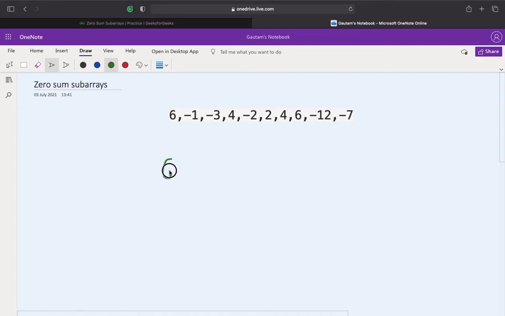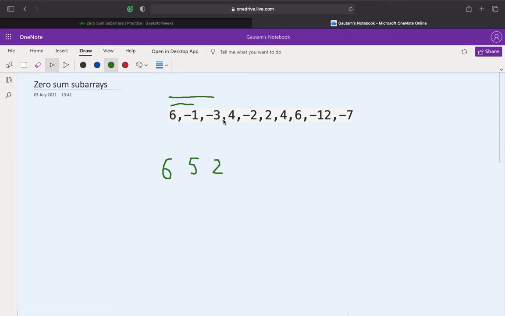The first element will be 6, the next element will be 6 plus minus 1, that is 5, as I have added these two elements. For the next index, the value will be the sum of these three elements, which is 6 minus 1 is 5, 5 minus 3 is 2.